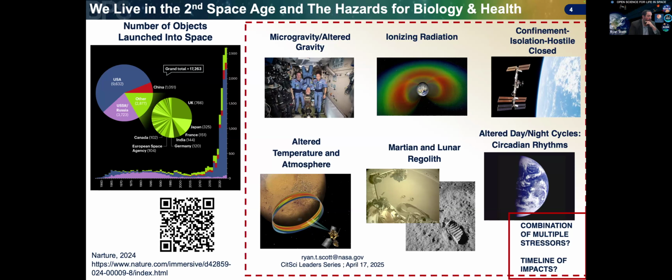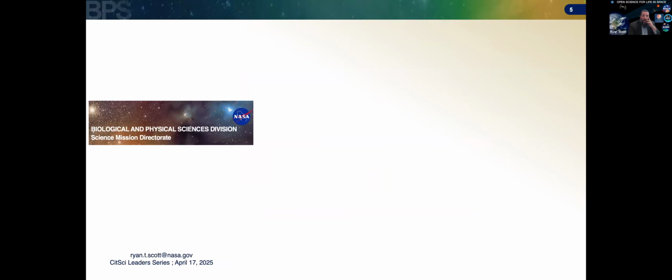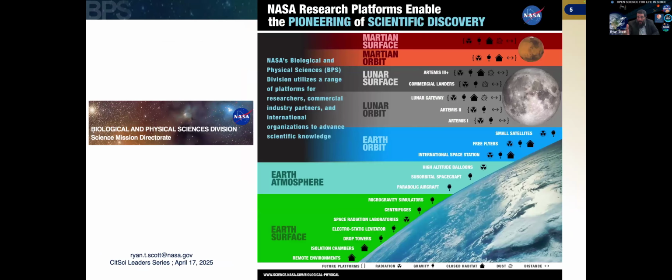Astrobiology is the search for and detection of life across the universe, whereas space biology is really to help life thrive in space, to help push humanity to become multiplanetary. And that's why I want to mention the Biological and Physical Sciences Division of the NASA Science Mission Directorate, for which these working groups, the Open Science Data Repository and GeneLab, it's the primary stakeholder, very proudly part of